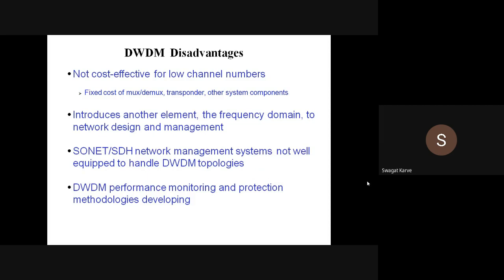But still, for long haul applications we are using DWDM nowadays also, right? So this is about unit number 6, and probably we have finished this unit and finished your syllabus in your curriculum. So if you have any doubt or query related to any unit, you are free to ask me. Okay,